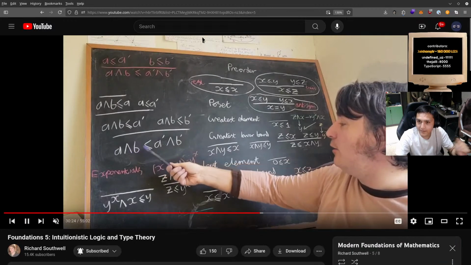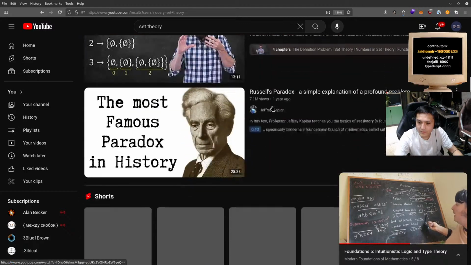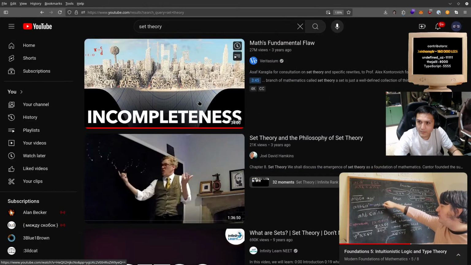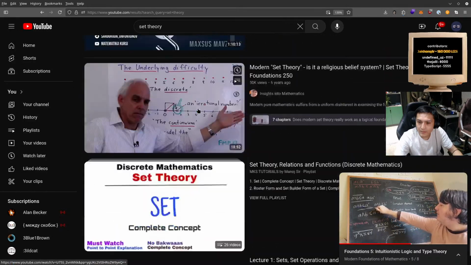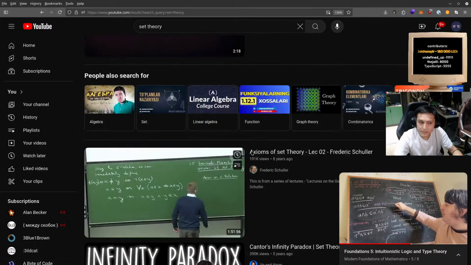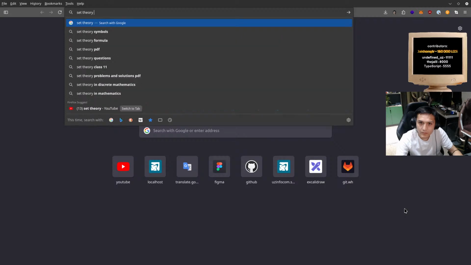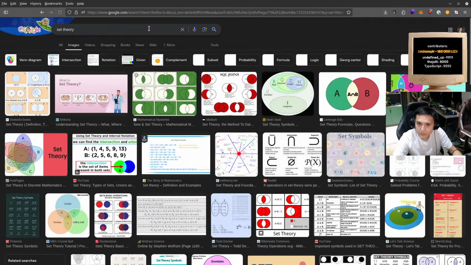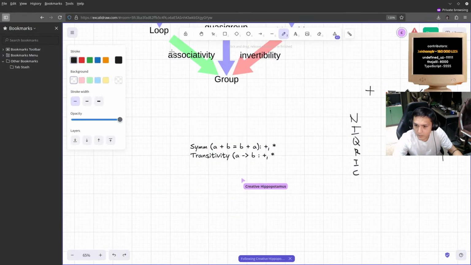Plus symmetric, ko'paytiruv symmetric. Plus transitive, ko'paytiruv transitive. Simmetrik degani a plus b barobar b plus a. Transitivity degani: a plus b barobar c bo'lgan bo'lsa, implicationda a implies b bo'ladigan bo'lsa va